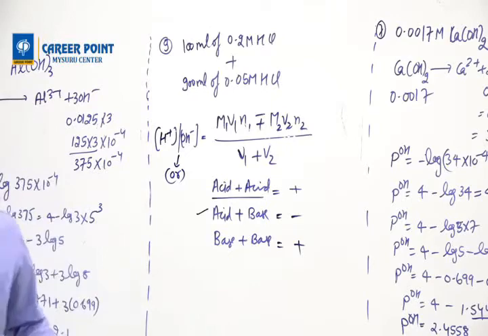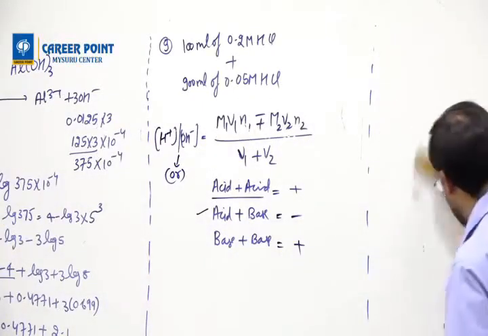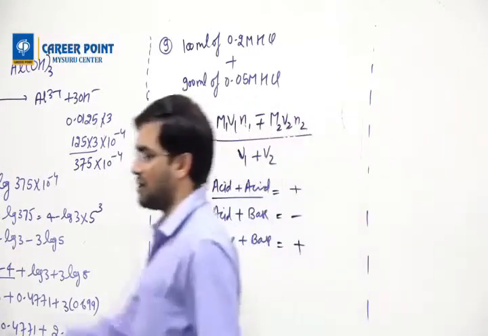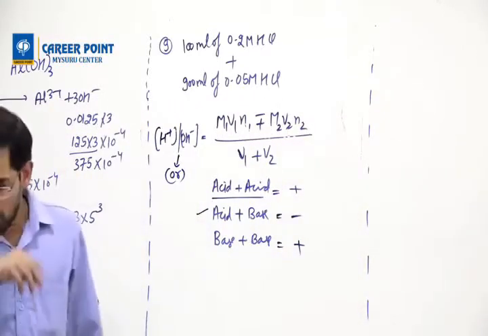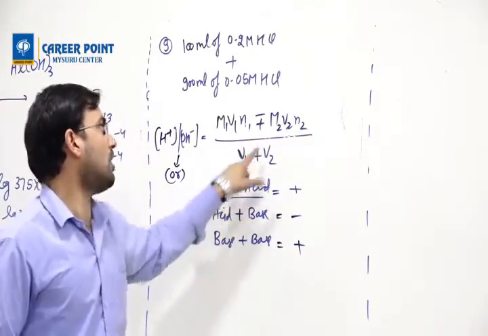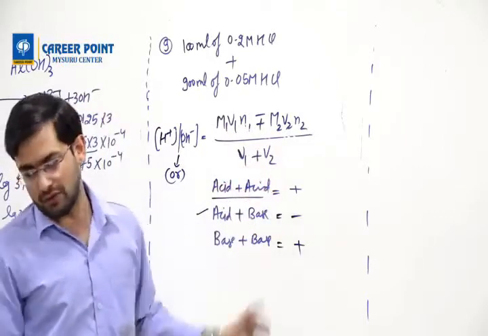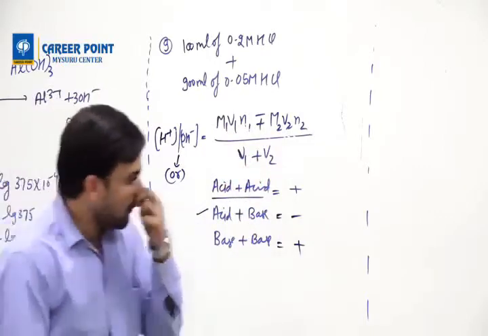Okay, so now we are going to solve this question. This is theory only, but you have to understand how I am going to utilize this theory. Volume could be any unit because it will get cancelled. Both volumes must be in the same unit. You can write ml, both will get cancelled. Now, we'll see this question.